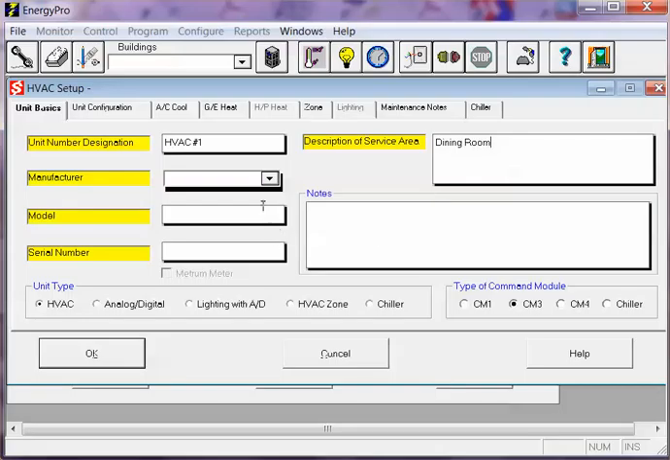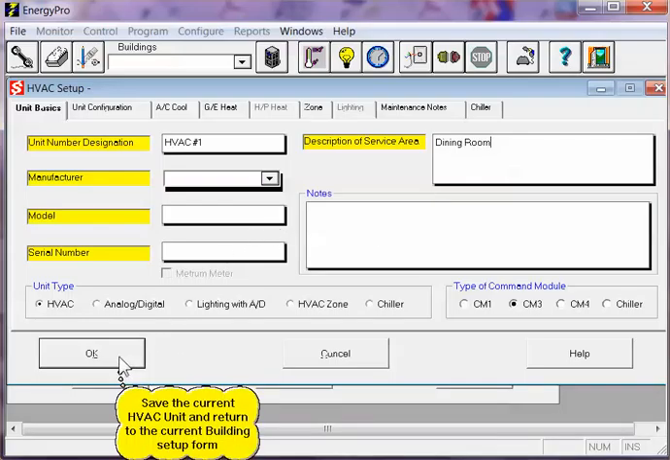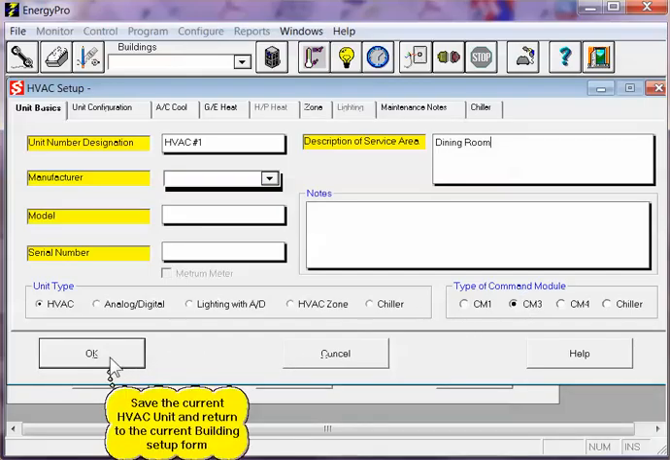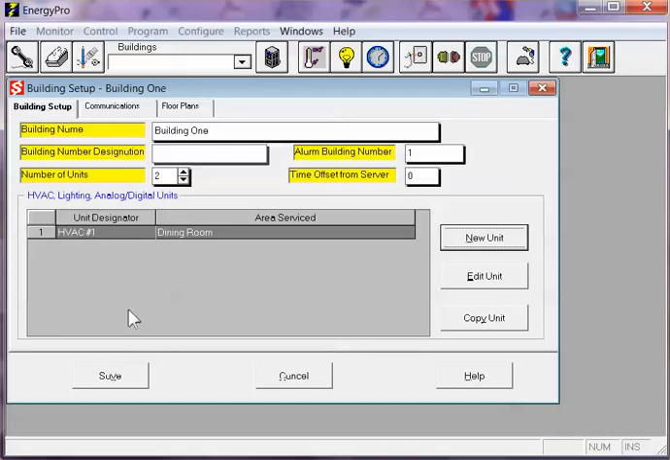And then the only other thing that we need for the initial testing, configuration, commissioning is that it's a controller type HVAC and it's a CM3 type command module, which are both defaults. I would then hit OK, and I now see that I have a HVAC number 1 that's physically in the building setup. I want to make 2 units, so I can go through the same steps I just went through,